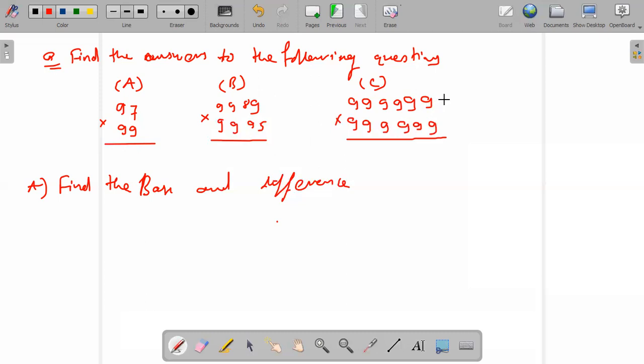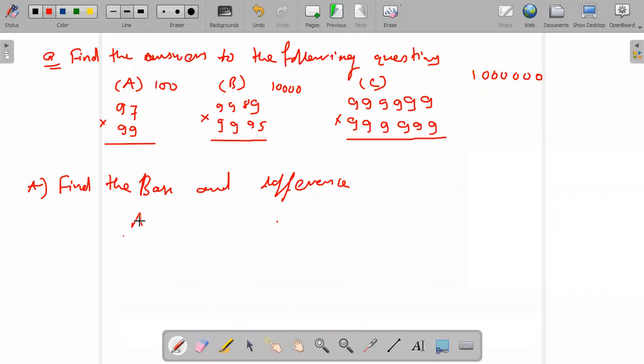6 digits. We have got 10 lakh. So 1 0 0 0 1 0 0. Whether this will be a base? Sir, 10 lakh. Okay, this will be the base for 10 lakh. Okay, and for this, 4 zeros. For this one, 100 will be. Okay, so we got the base.